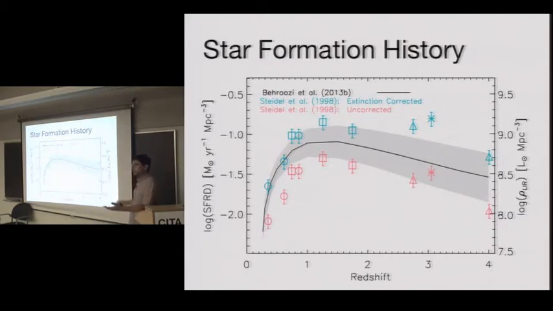And what isn't shown in the error bars here is that this is a systematic as well as a statistical error, right? Because getting this correction right from the local obscuration, and whether or not there is a dependency on redshift for this correction, and really how much you should believe it, because of selection effects, because some of these things are so dusty at high redshift. Now, we don't have that problem in the infrared because we are tracers of star formation, and we don't have to worry about dust getting in the way of light because we're looking at the dust, right? So burn this image into your brain because we're going to come back to it.